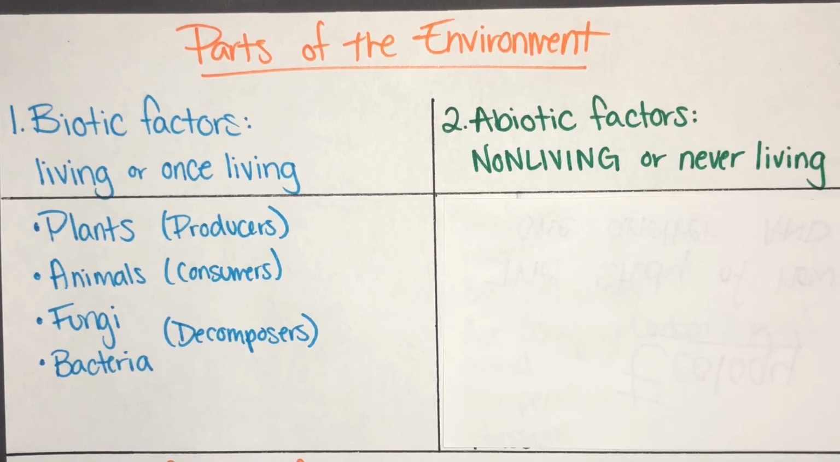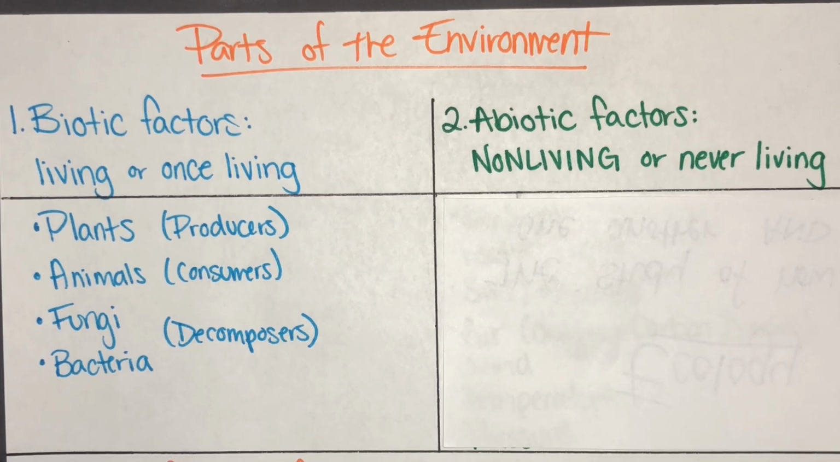Before I move on, I want to pause and stress the once living component of this definition. Dead leaves, even though they are not living anymore, they were once living, so they are considered a biotic factor. Furthermore, biotic factors are the interactions between organisms in an area. So this is the foundation of food chains and food webs and how all the organisms in an ecosystem or